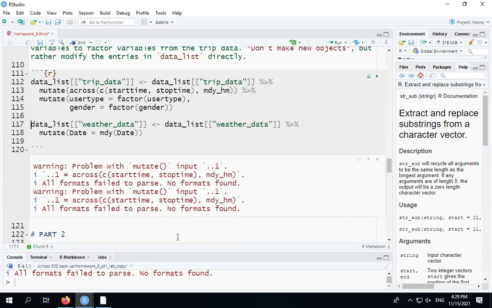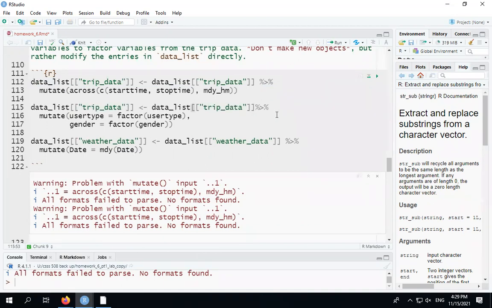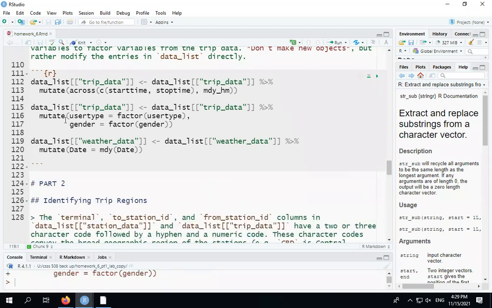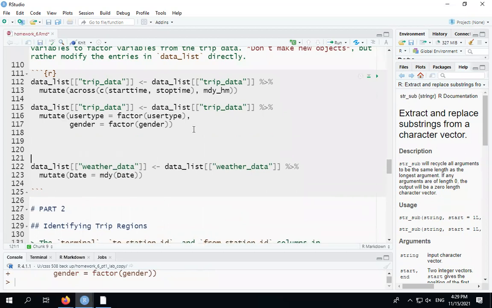Format found. I see. Since it's already been converted to a date, we don't have to do that. What we should do, actually, I tried to save time. What a fool I was. We could just do this instead. And now when we look at a glimpse of our data,